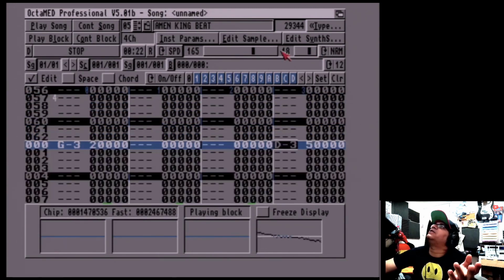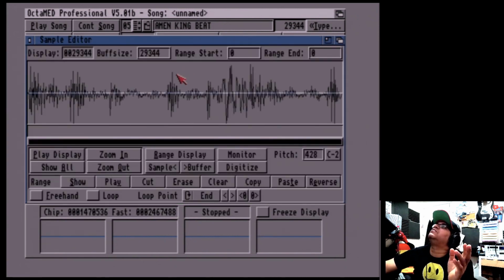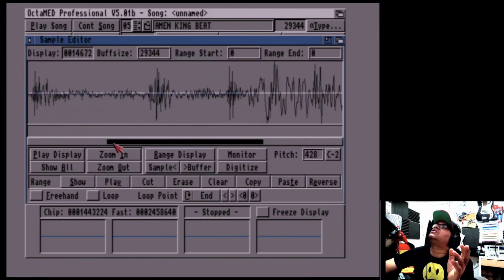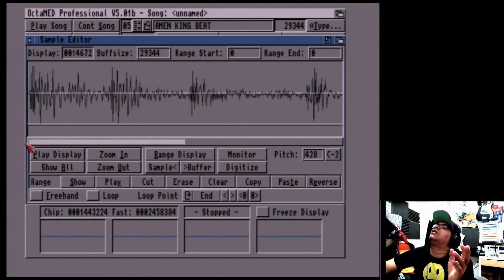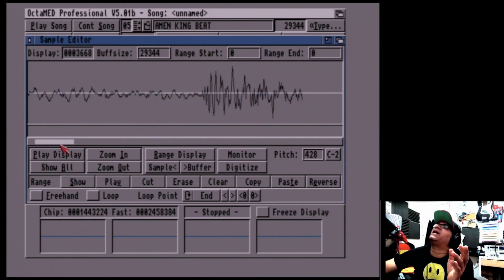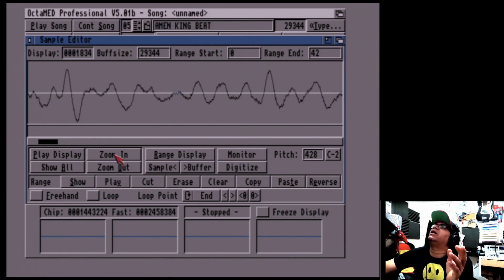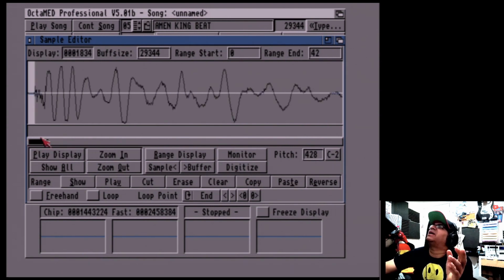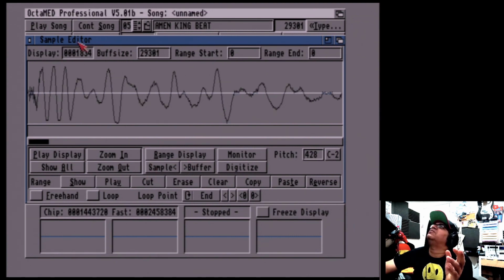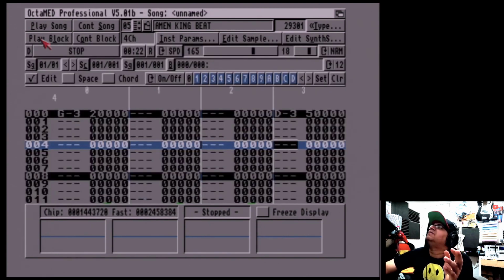Okay, so once you've done that, just make sure before you start doing all this, you zoom in on the start of your sample and make sure there is no crud at the start of your sample or gaps, because that is going to be working against you to try and get the beat tight. So you want to see, look, I've got a bit of gap there, so that is not going to do me any favors at all. So I'll zoom that, I'll hit that analysis and